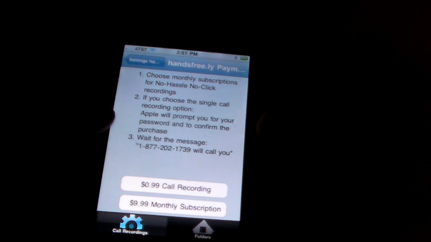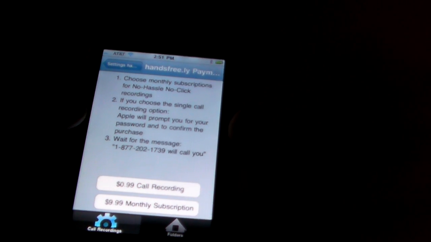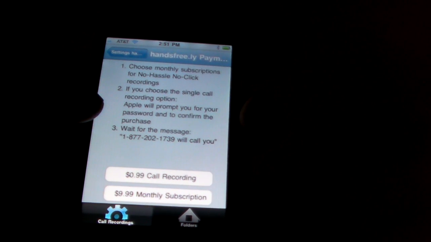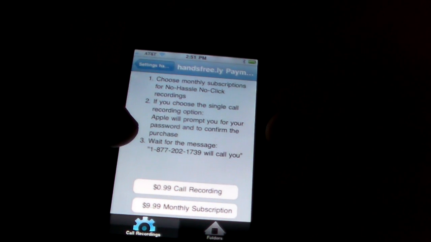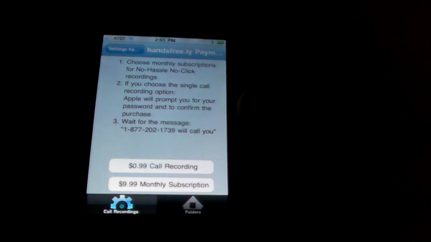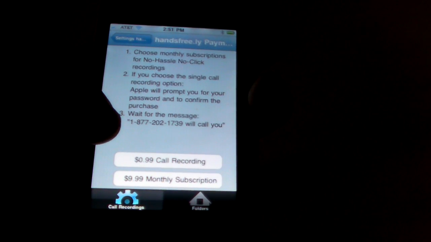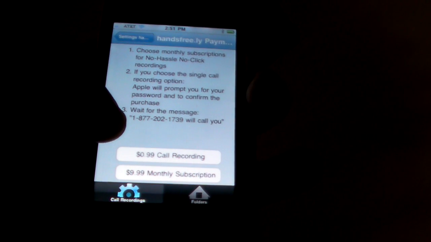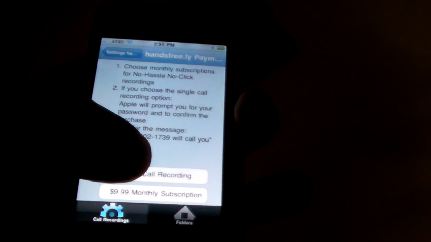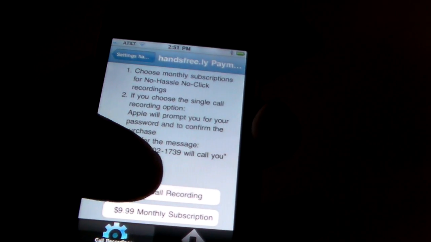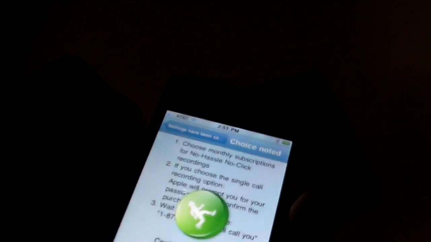It is really advantageous to pick the monthly subscription because you'll never be prompted for 30 days, and if you have set up auto recharge, then you'll never ever be prompted. We do check the subscription status in the background for you and then begin recording, so you save a lot of time. But I don't have a monthly subscription set up, so I'm going to set up and pay for